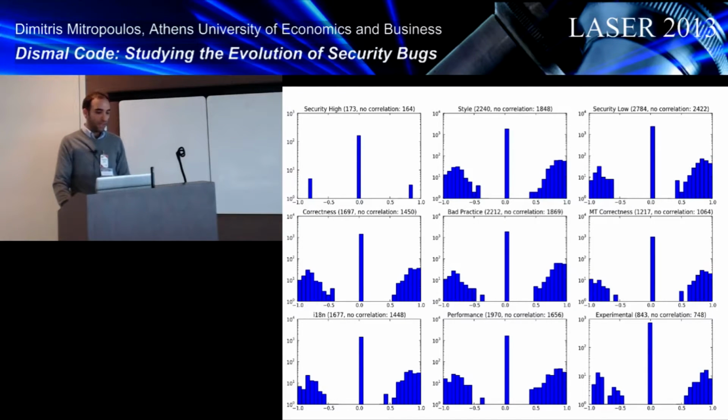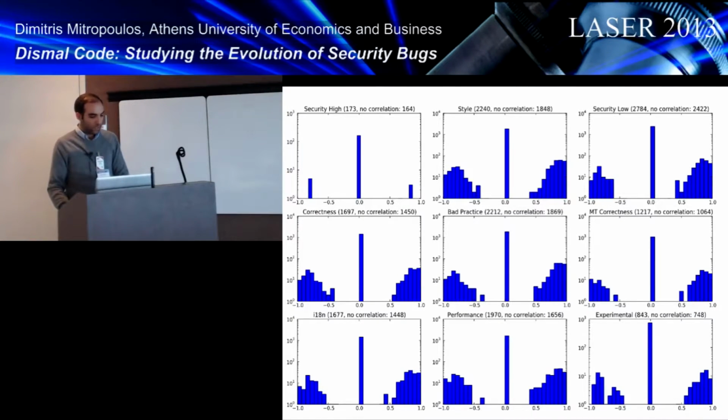The horizontal axis in this chart presents the correlations, while the vertical axis the number of projects. Note here that scale is logarithmic. The spike in point 0 is explained by the large number of projects for which no correlation could be established. Still, we can see that there were projects where a correlation could be established, either positive or negative.